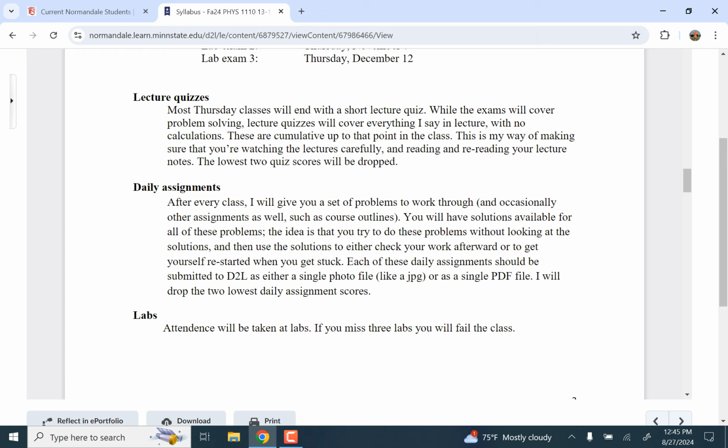And so the trade-off is I'm giving you less stuff that you're responsible for, but I expect you to know that stuff better. That's sort of my goal. I think it's better to have a smaller amount of material, but have you reading and rereading that material so you remember it. And so the way I encourage you to read and reread your notes as the semester goes on is that,